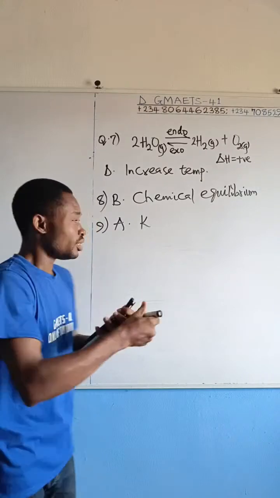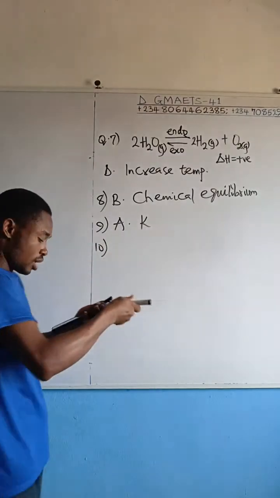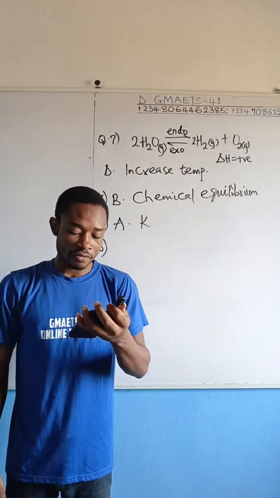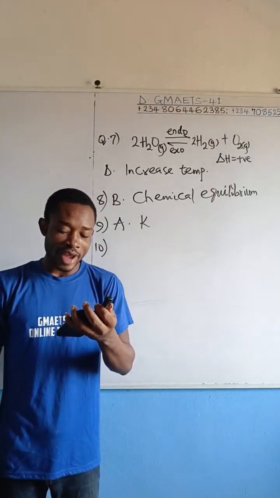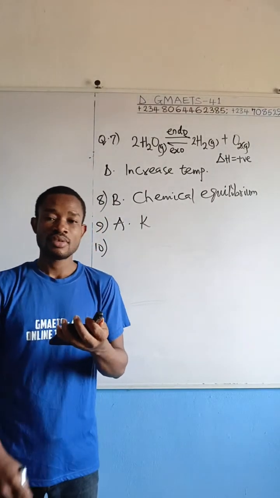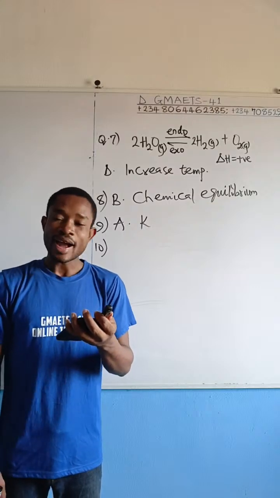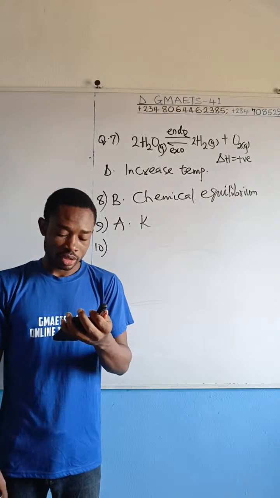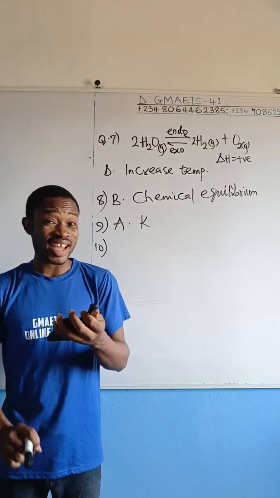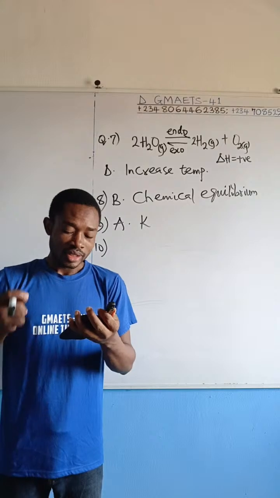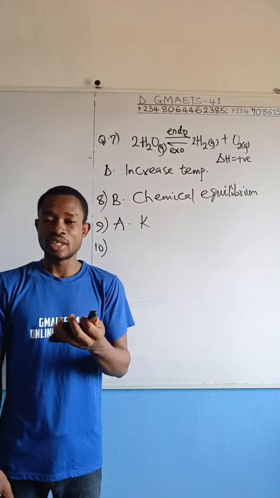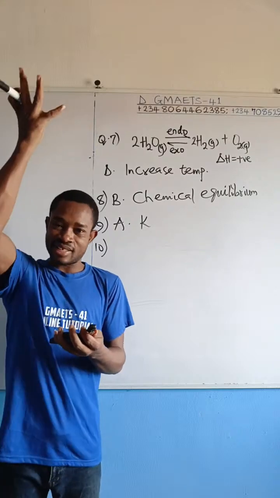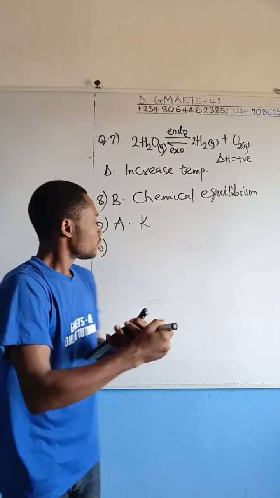Question number 10 is the next one. A catalyst increases the rate of chemical reaction by providing a path that, I read again, a catalyst increases the rate of chemical reaction by providing a path that, A, raises the activation energy. That's not the answer. If activation energy is raised, like I was explaining in terms of,